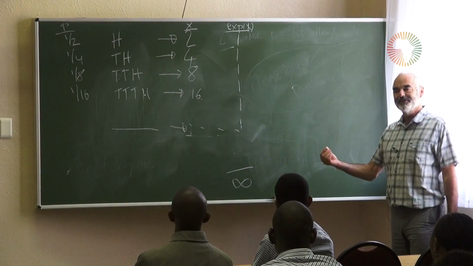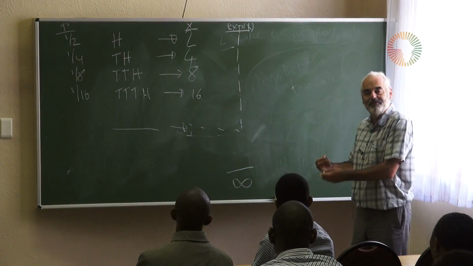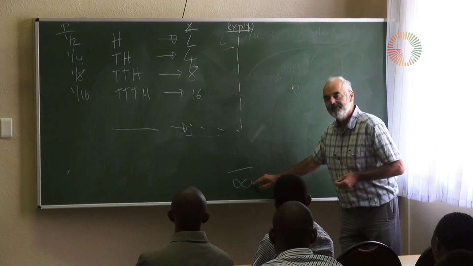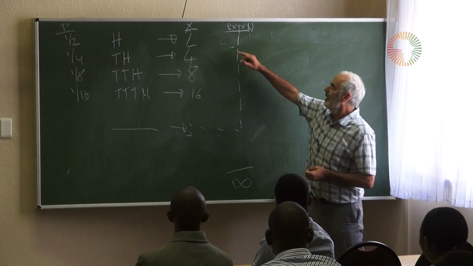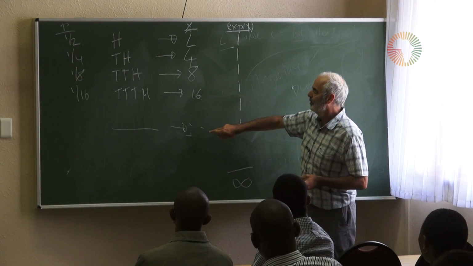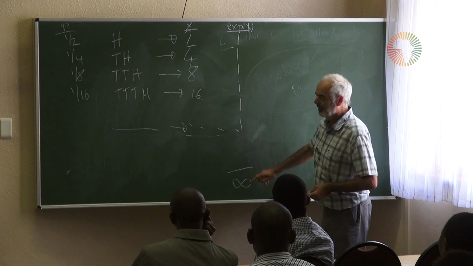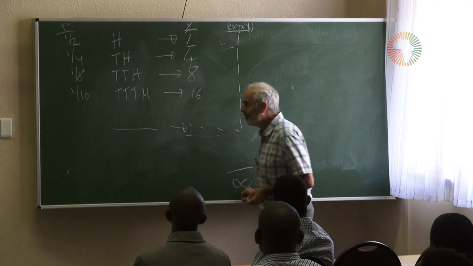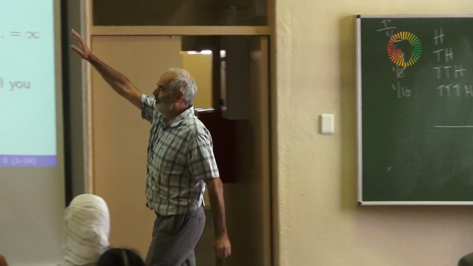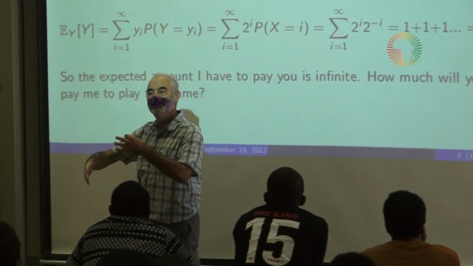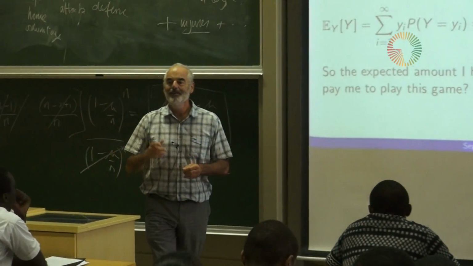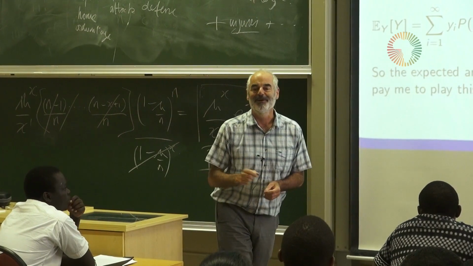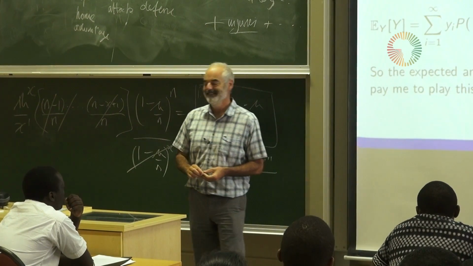So you miserable lot won't give me 10 rounds to play, and yet your expected gain is infinite. You've got an infinite expected amount of money because there's a very small chance I might pay you a huge amount of money. So there's an example of a random variable with an infinite expectation. The expectation doesn't exist. This is known as the St Petersburg Paradox: the fact that we can invent this game with an infinite expectation, but people are not willing to pay very much to play.